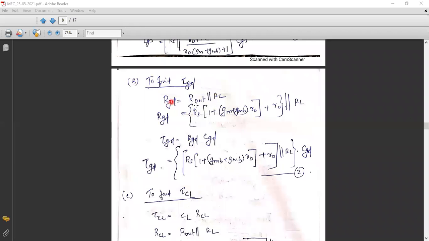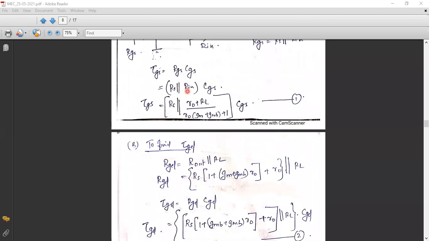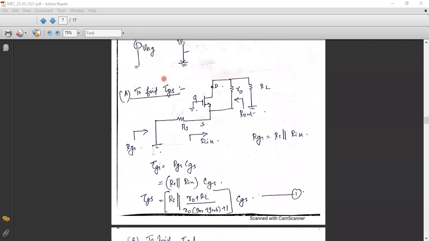We can't see the physical resistance, but it depends on RS and r0, small letter r0, which is internal to the transistor. And I have computed this R out already by using some circuit analysis in yesterday's class. I will take that R out here and substitute. So this will be your RGD. After finding RGD, multiply with the corresponding capacitance, and that is your tau GD. Equation number 2. So as of now, you got tau GS and tau GD. Please write the derivation. I will give you time. Yes, start writing both the cases.